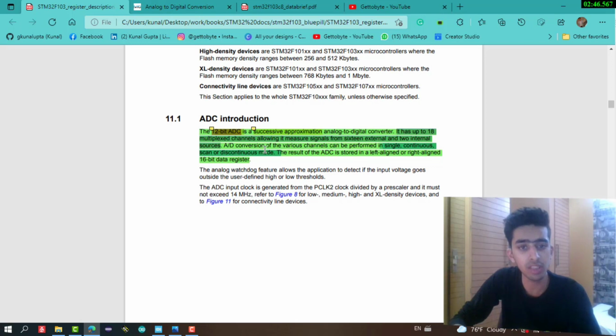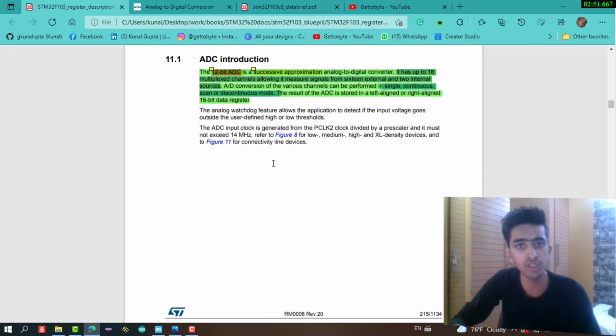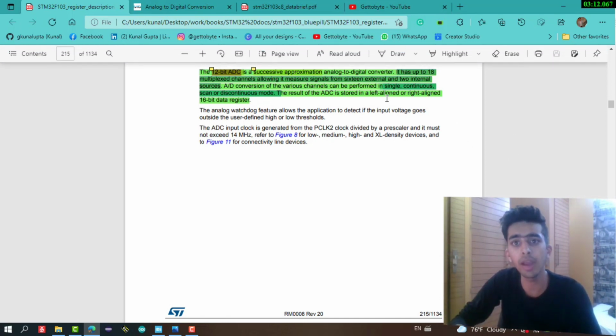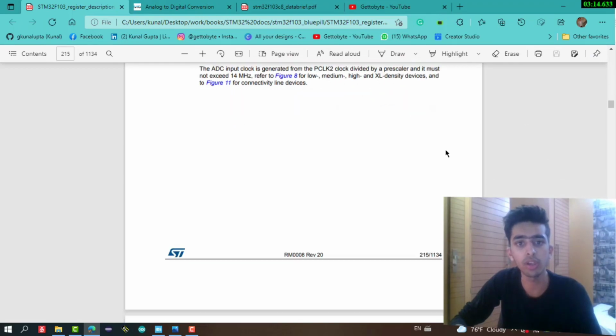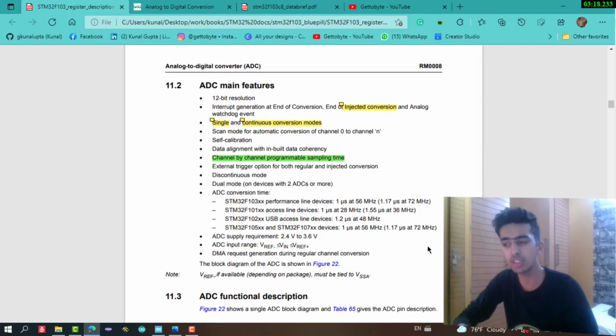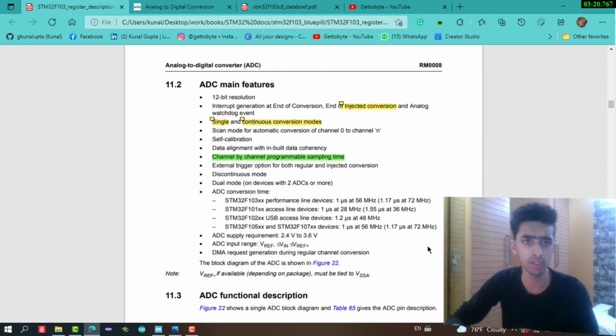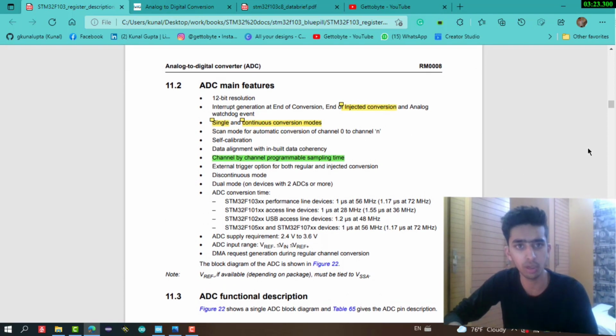We will get to know about these things in detail when we come to the functional block diagram and the features of it. Another thing is that the result of the ADC we get in a 16-bit data register, and it is either left aligned or right aligned. Why so? Because as we are using the 12-bit ADC, out of the 16-bit data register 4 bits will be dropped, so it can be either left aligned or right aligned. Okay, basic overview. Now coming to the features of the ADC in STM32 microcontrollers, it has a 12-bit resolution ADC converter,